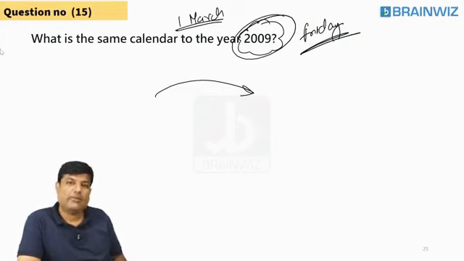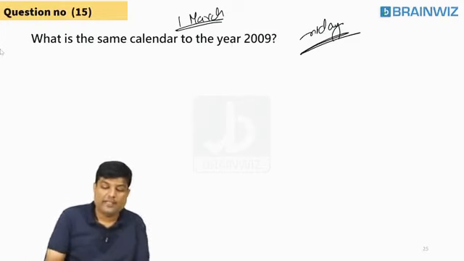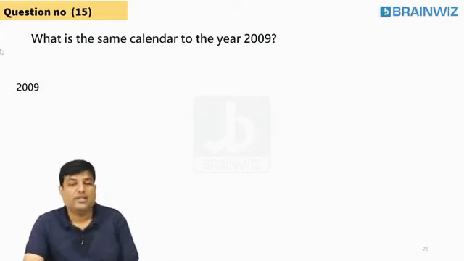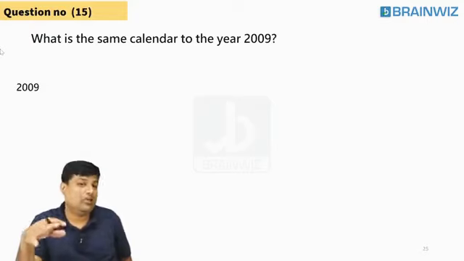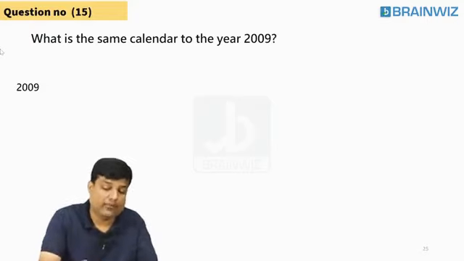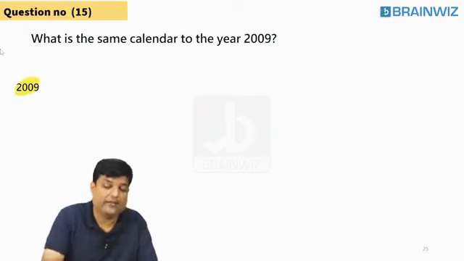Are you understanding, everybody, what I mean to say? Is it clear to you? Yes? Chaliye. Now, let's try to find out that. How will you get the same calendar? Same calendar is very simple, students. The year 2009 is there. No, not just odd becomes 0, I'll tell you. Let's try to take the year 2009 I'm talking about. For the year 2009, which has the same calendar, how to do it?